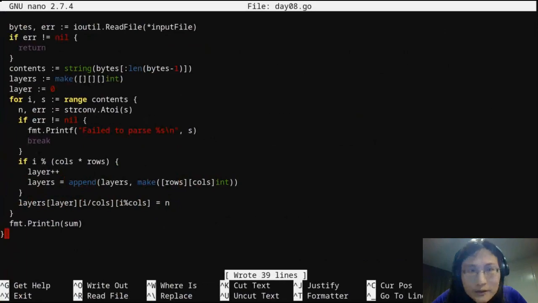And I'm being asked to find the layer that contains the fewest 0 digits, and then the number of 1 digits multiplied by the number of 2 digits. Okay. Cool.